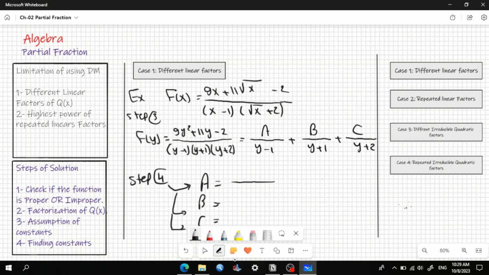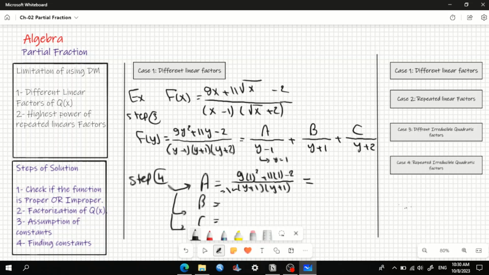using the direct method, as we have different linear factors of the quotient factor. Okay, so just hide y minus 1 from here and substitute with y equal to 1, as this is the zero of this fraction. Okay, so just 9 square plus 1 minus 2, we will hide that, so we have here y plus 1 here and y here equal to